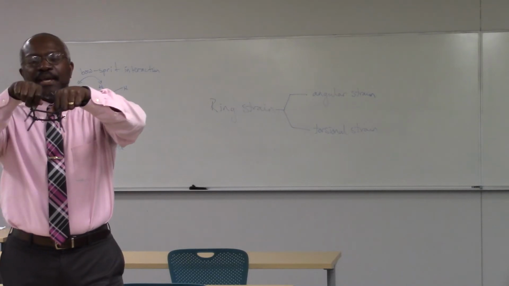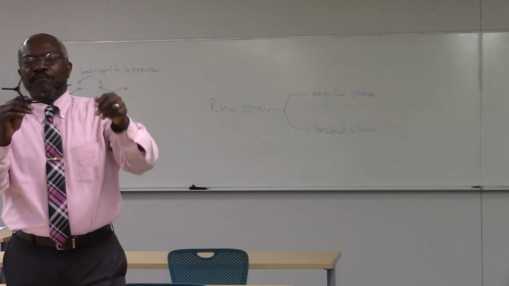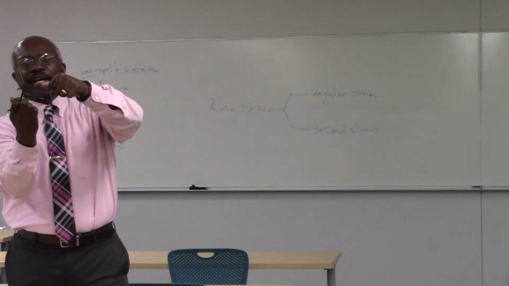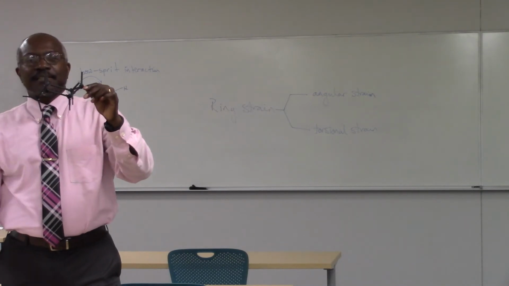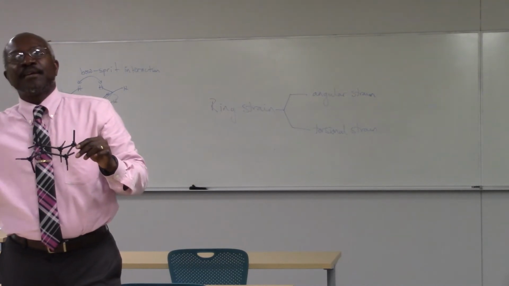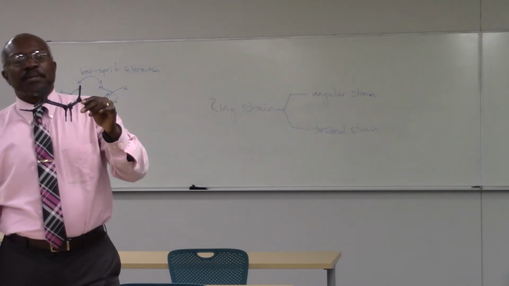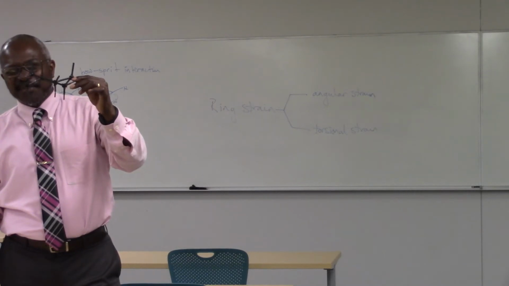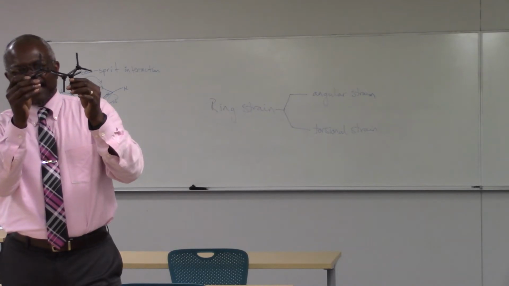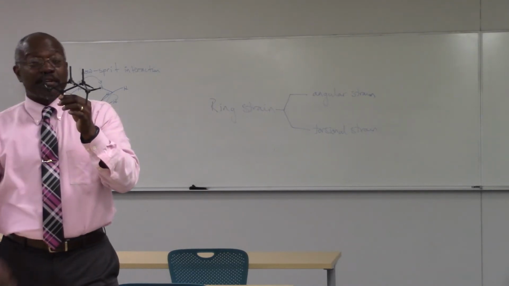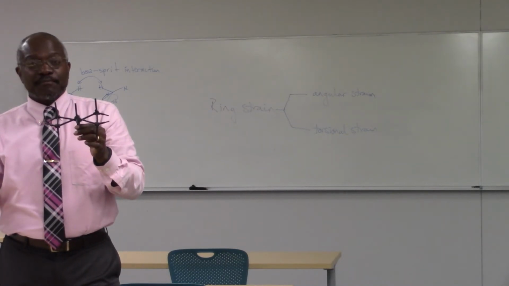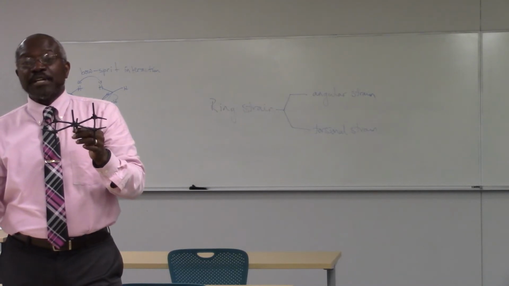Okay? I'm going to do it again. Here is my boat, bowsprit. I'm going to grab carbon 1, take carbon 4, and rotate it all the way down. Now when I look at this, two things are true. There is no angle strain. There is never angle strain in a cyclohexane. But now, if I look at it, nobody is eclipsed. Every single methylene is staggered, which means there is no torsional strain. For heaven's sake, if I have no angle strain and I have no torsional strain, I have no ring strain.